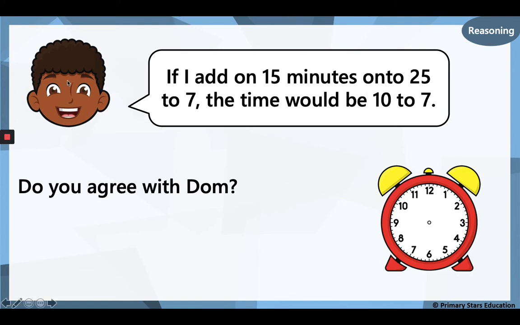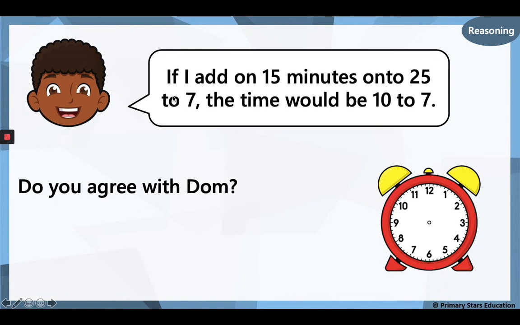So this is Dom, and Dom is saying, if I add on 15 minutes onto 25 to 7, the time would be 10 to 7. Do you agree with Dom? Okay, let's think about this a little bit more closely. So he's saying if I add on 15 minutes onto 25 to 7, so we need to know what 25